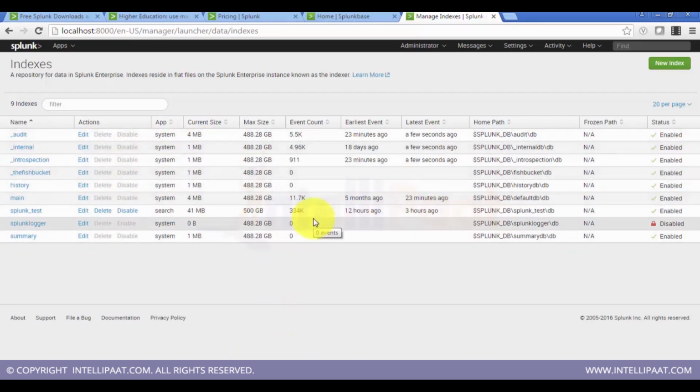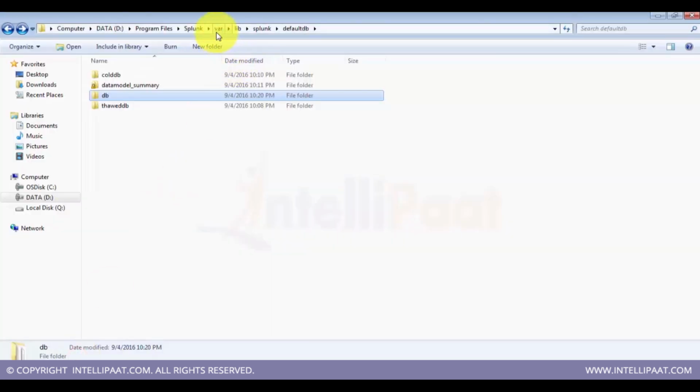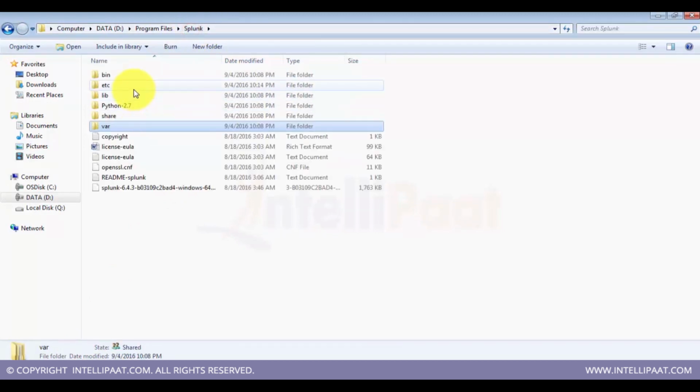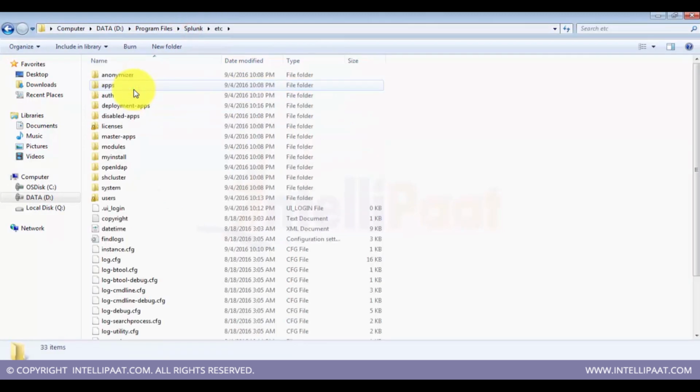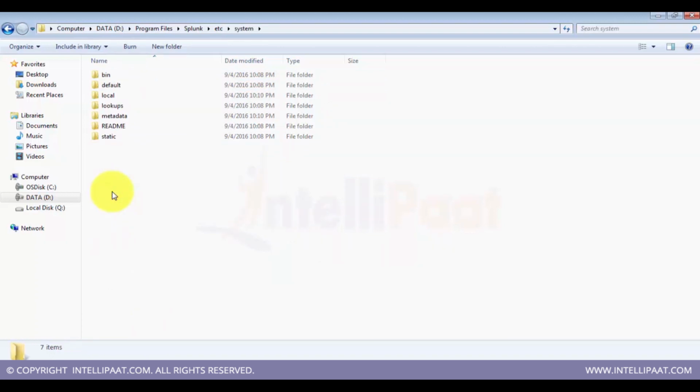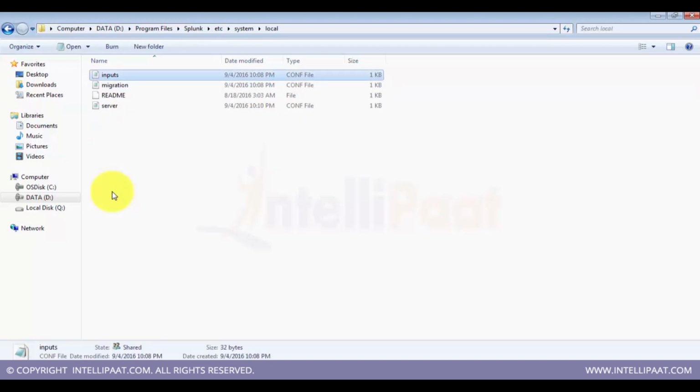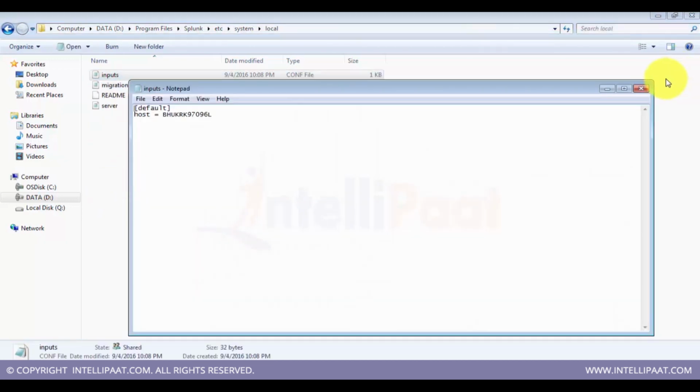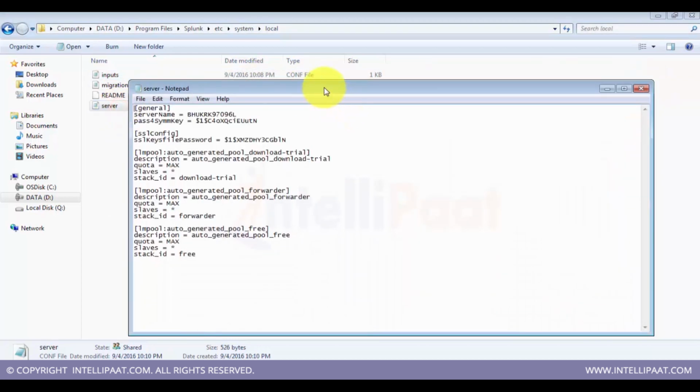So you got a hint of how these indexes are created from the web. You can do the same from the backend also, that is, directly walking into the config files, which would be a bit deep inside, but let me give you a quick overview of that. So these are multiple folders or directories where the config files are located, and we will go to the Splunk local directory and to the inputs directory. So we have the host name over here, and if we go to the server directory, we should see,